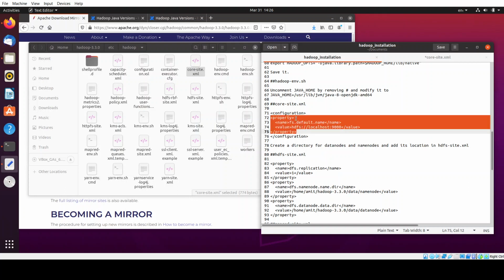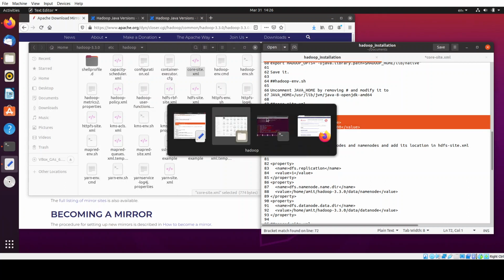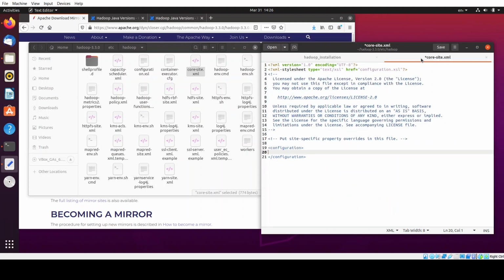Either you can pause the video and write it out, or you'll find it attached in the description as well. So refer to the description and you'll get these values and the steps. I'm copying this, and okay, it's over here. Paste it, save it, and it's done.